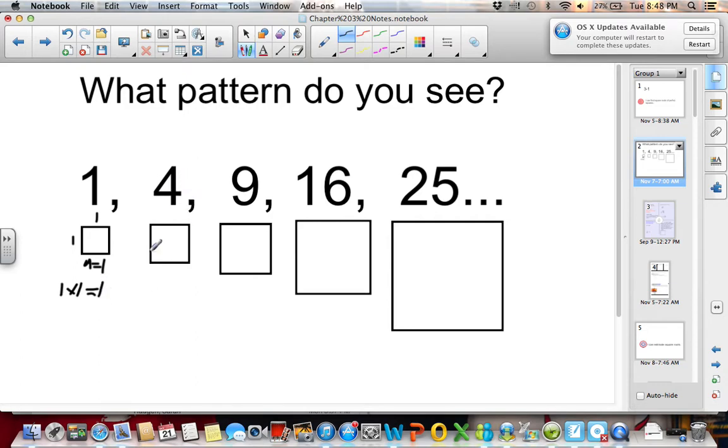If we want to have an area of 4 for our square, that means our side would have to be 2 and 2, because we have squares here, our sides are equal. 2 times 2